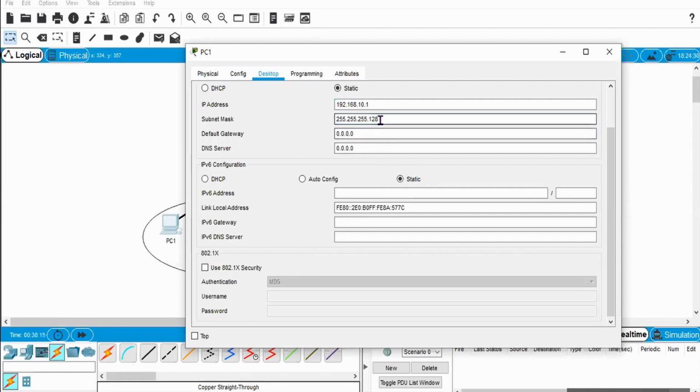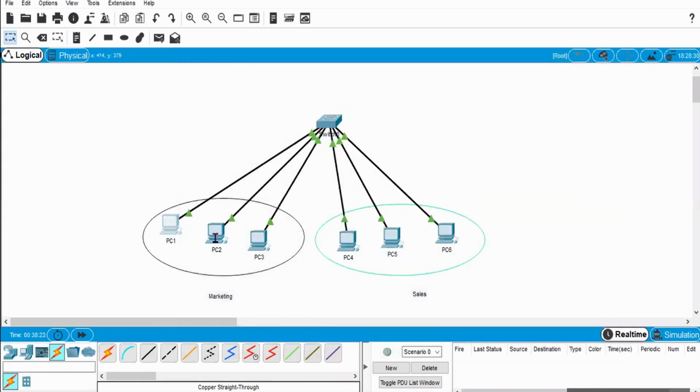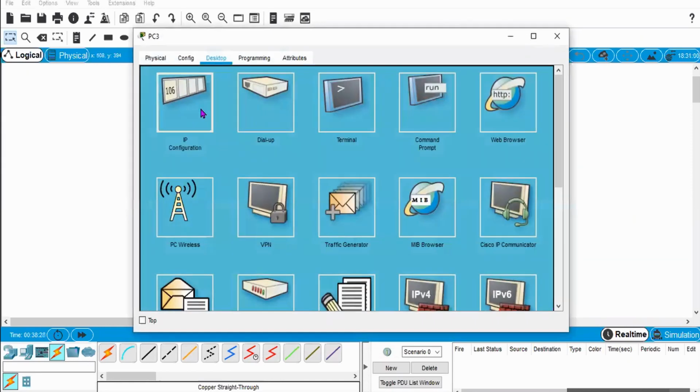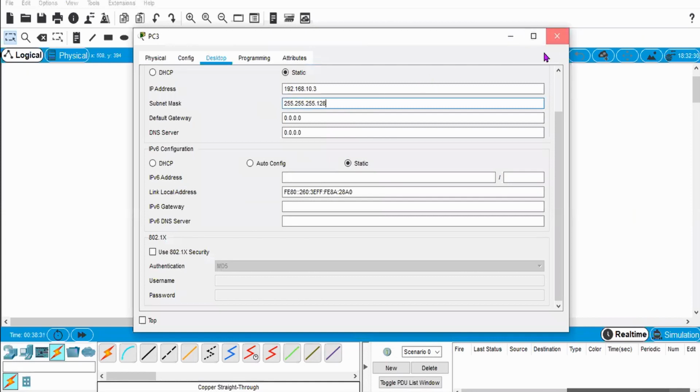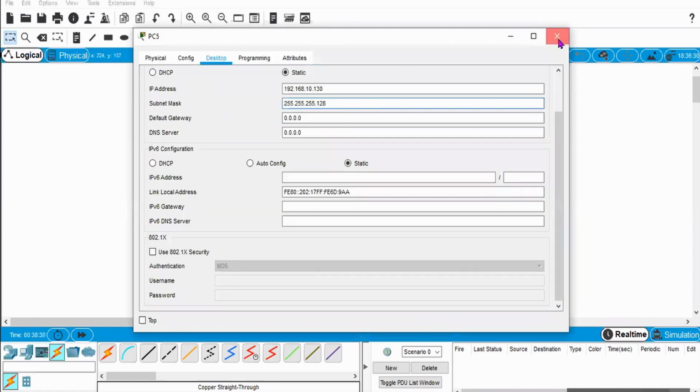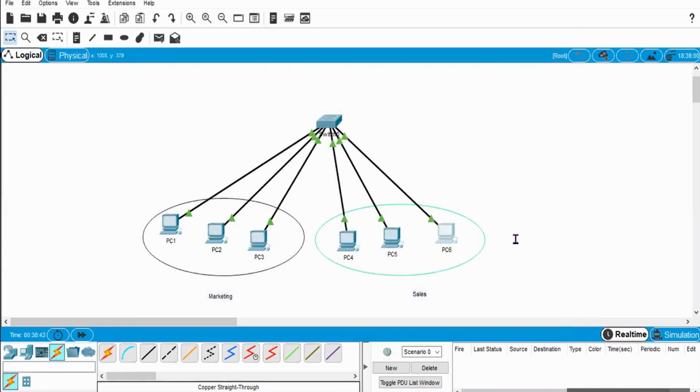So what I need to do is give this slash 25 notation to all the PCs to categorize them into two parts. So I'm going to all the PCs now and giving 128 at the end of my subnet mask. So what I have done is divide my full pie chart of 192.168.10 into two parts.